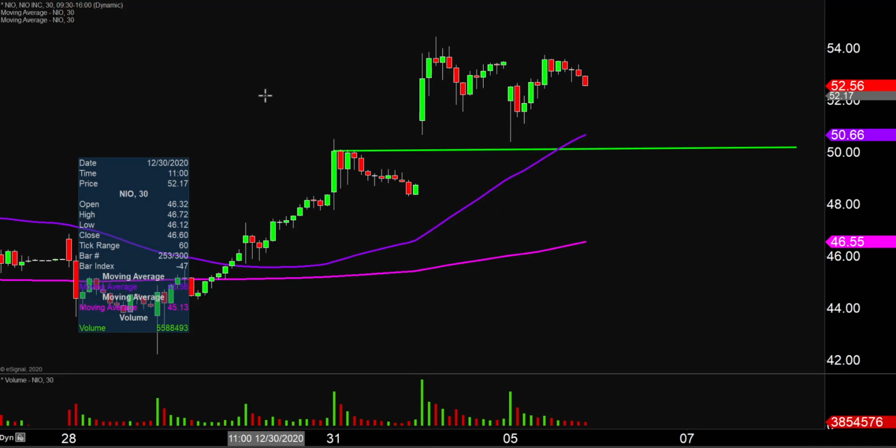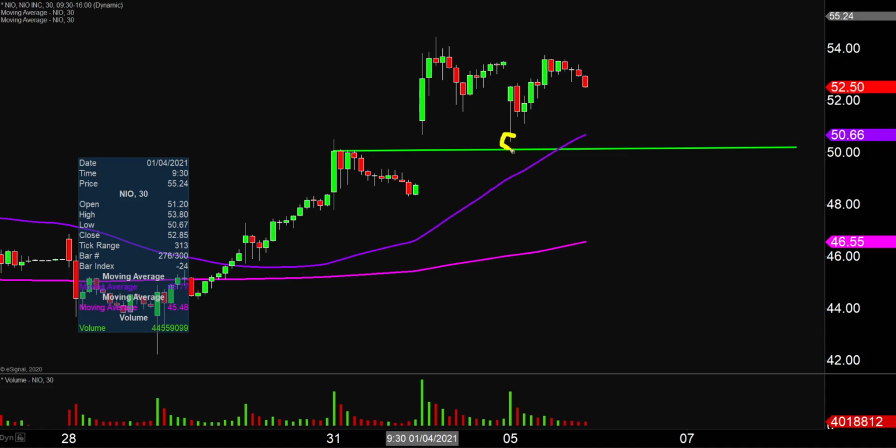Well, another very eventful day on this one, especially when you consider that opening part of the day. Price gapped down a little bit, dropped all the way to that area, and then fought very nicely back up to almost retest the highs from Monday, but nonetheless, still have a whole lot of eyeballs watching this one moving